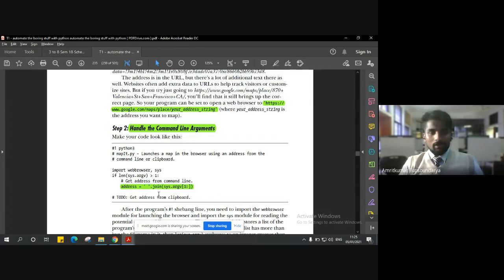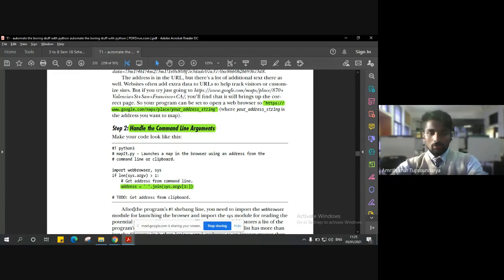Whatever address we have copied and is internally stored in the clipboard, we have to get it. Hope you can recall when we discussed the module called pyperclip. Pyperclip is the module which is used to copy content and store it in the internal clipboard. As the name says, it is the Python clipboard module which copies the data.